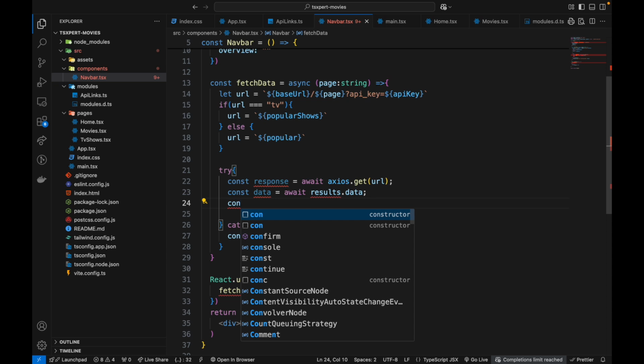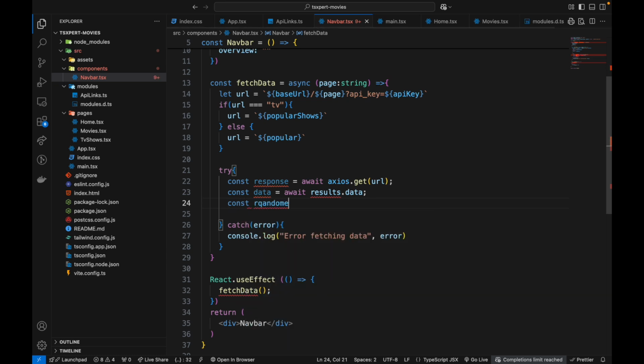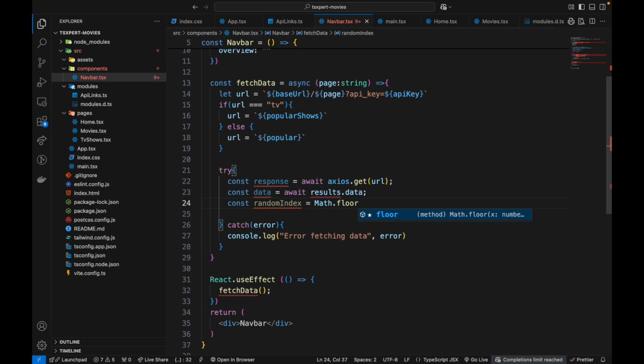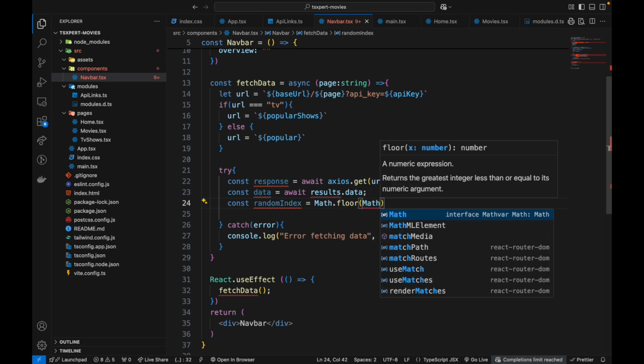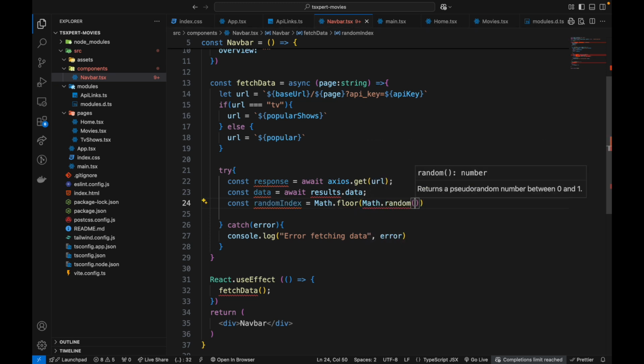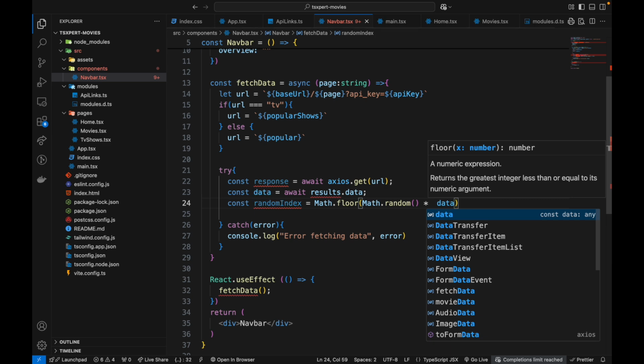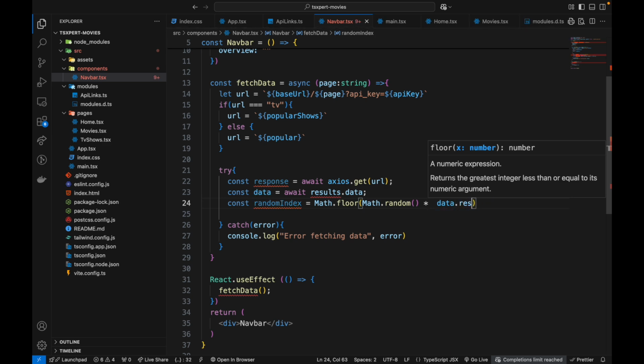So we can do const random index. So we're going to use Math.floor to round that down, and also we're going to use Math.random. That's how we generate a random number in JavaScript. I'm pretty sure you guys are aware of it if you're coming from a JavaScript background. data.results.length,